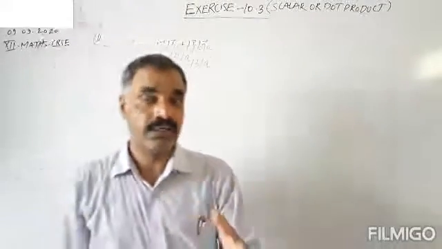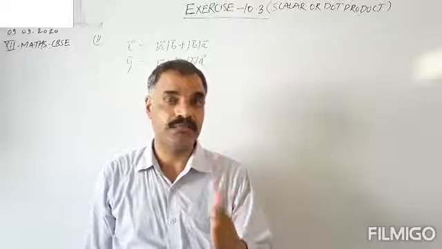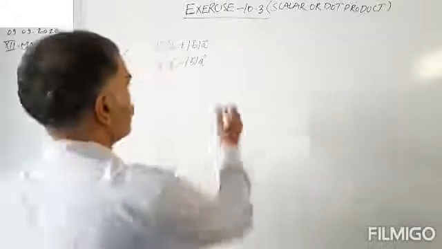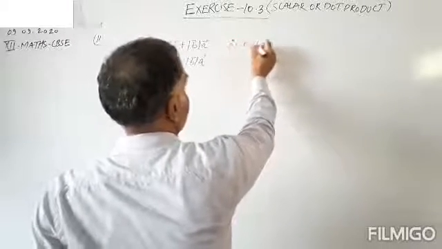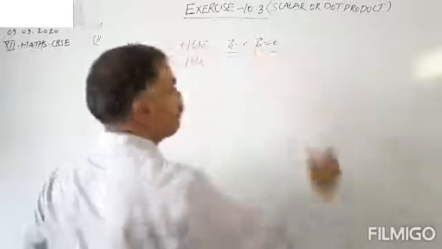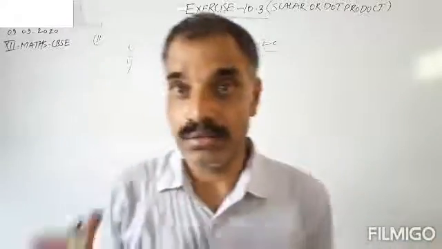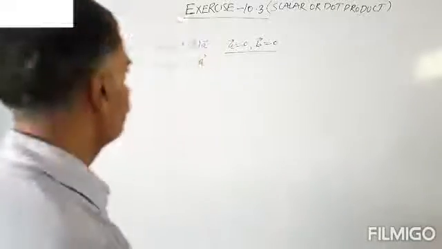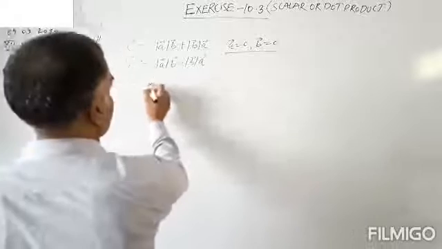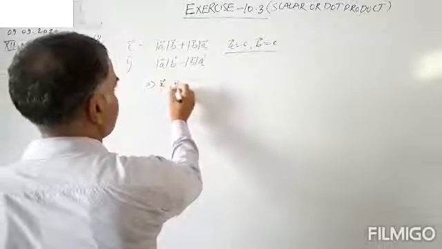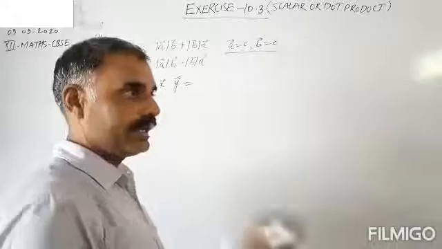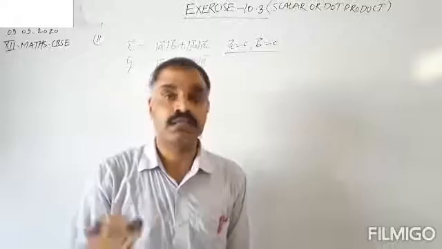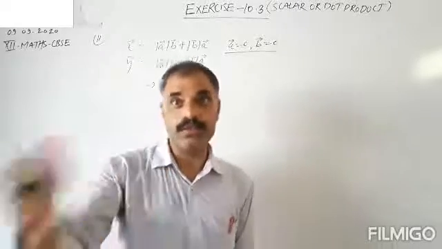So x vector and y vector are given for any two non-zero vectors. We have to show that the given two vectors, x vector and y vector, are perpendicular to each other, where a vector is not equal to 0 and b vector is also not equal to 0, means both the given vectors are non-zero vectors. So if x vector dot y vector is equal to 0, then both the given vectors are perpendicular. This is the condition of perpendicularity.